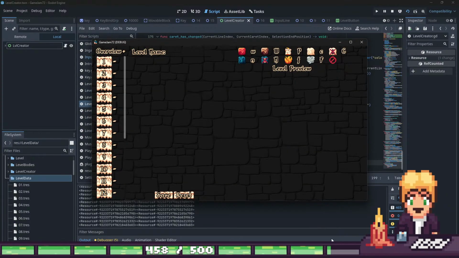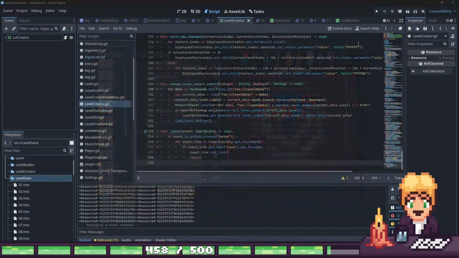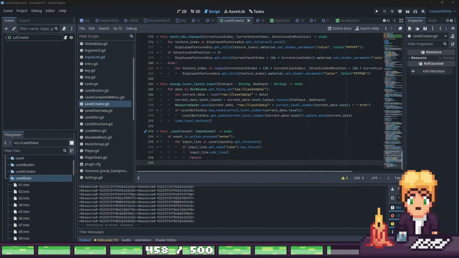We started. Let's check. Level 3. We are on this line and we press enter. We add a new line. All right. So this is the second thing what was requested, and the dark block should be via D